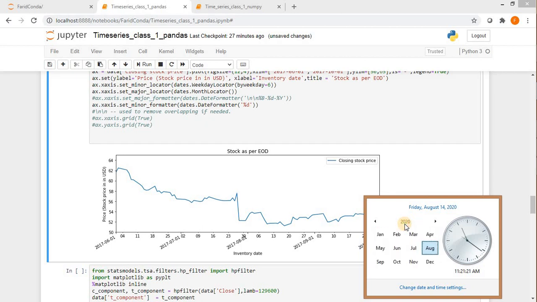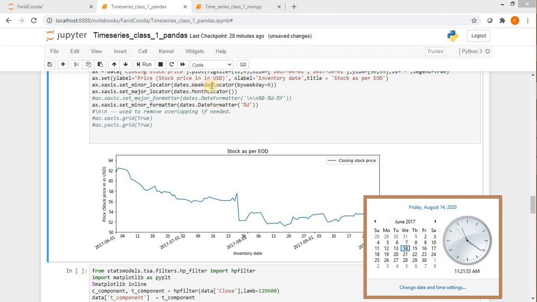Let me go to the 2017 calendar, May, June 4th. June 4th is Sunday, yes, Sunday. Because the index starts from 0, 0 is Monday, Tuesday 1st, Wednesday 2nd, Thursday 3rd, Friday 4th, Saturday 5th, Sunday 6th.